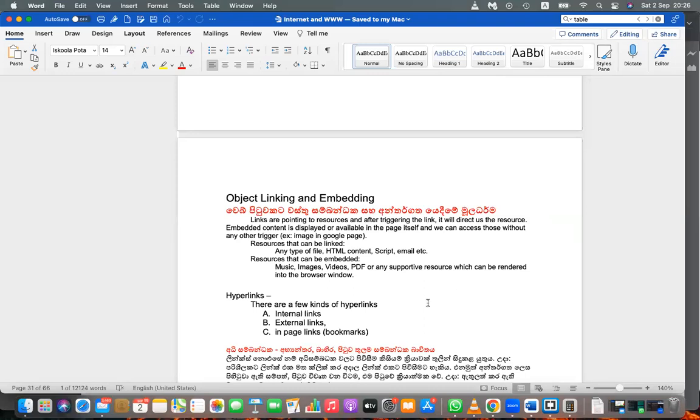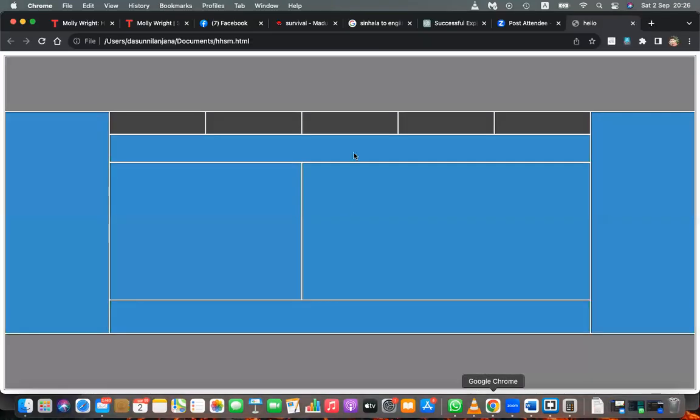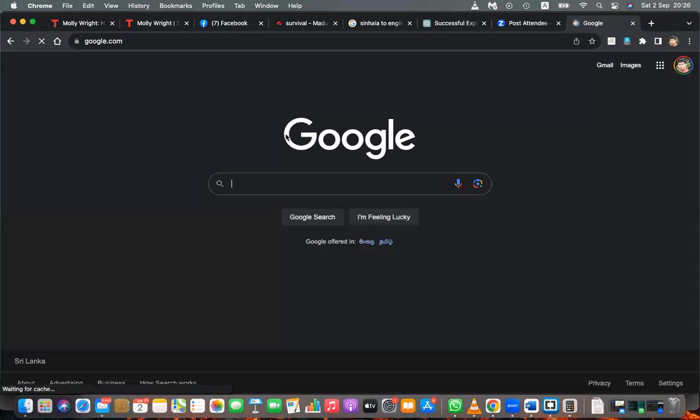So linking, in the sense, links point to the resources after basically triggering it. When you click, when you move, when you mouse over, when you do something, the links will be activated. But when it is embedded, it will automatically be there in the website. For example, when you go to Google, you can see the Google logo appearing there. That is embedded. But when you click on Google search, or I'm feeling lucky, or Sinhala or Tamil, that